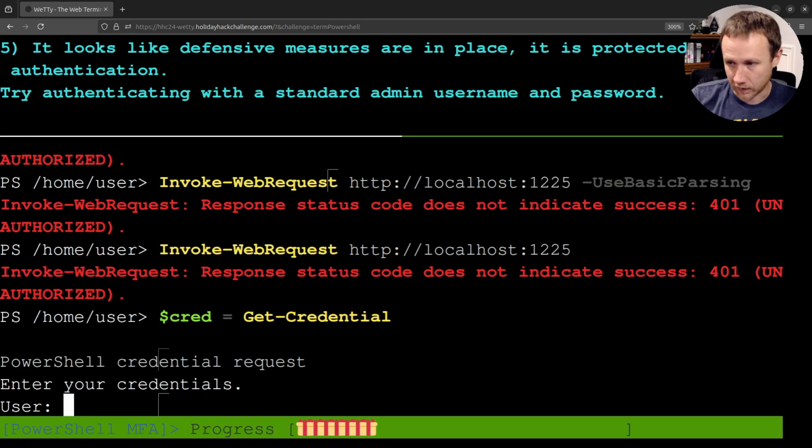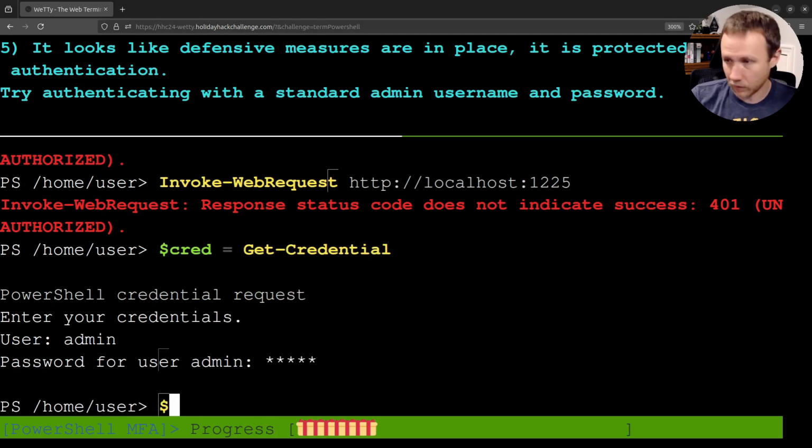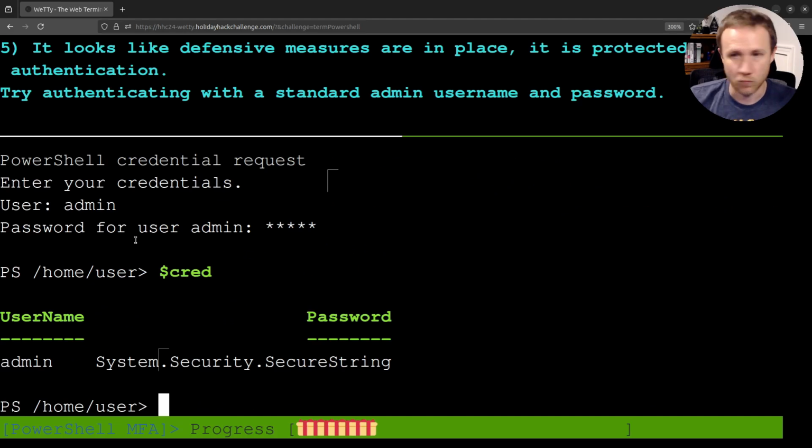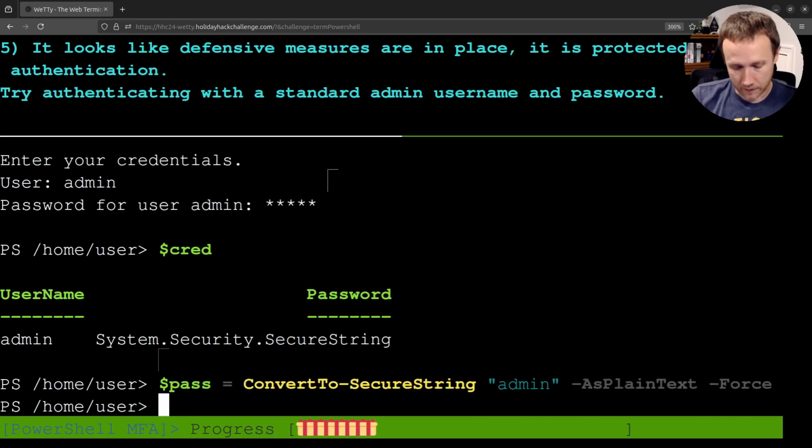Yep. And so we can say user admin, password admin, and now we have this cred object, which is a PowerShell credential. That works perfectly fine. If we wanted to instead, we could also do pass equals ConvertTo-SecureString admin as plain text and force. And then we could say cred equals, and then this is where we would say New-